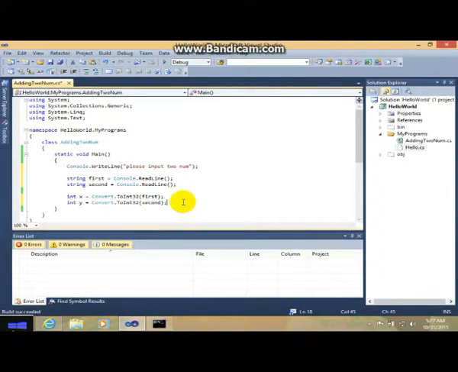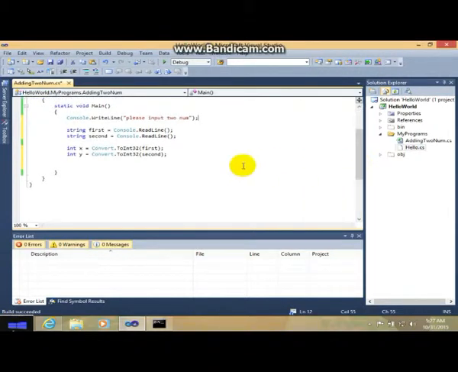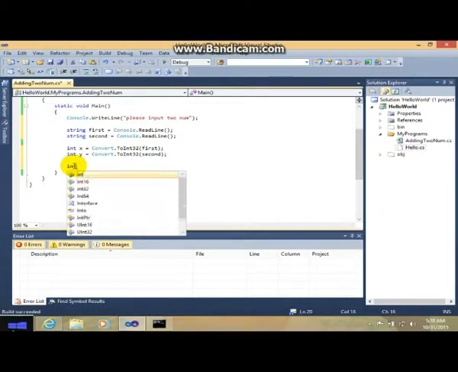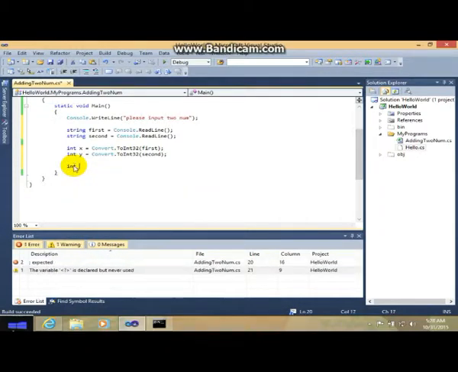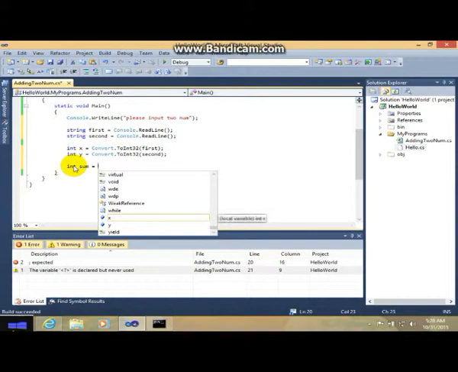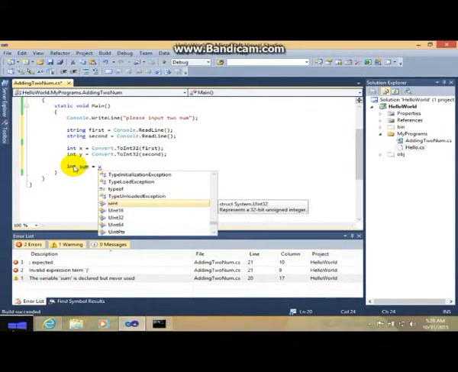Okay, once you've done converting, the next thing you need to do is to add the two numbers. So to add two numbers like what we did last time, int sum equal to, you need a fancy name like sum.